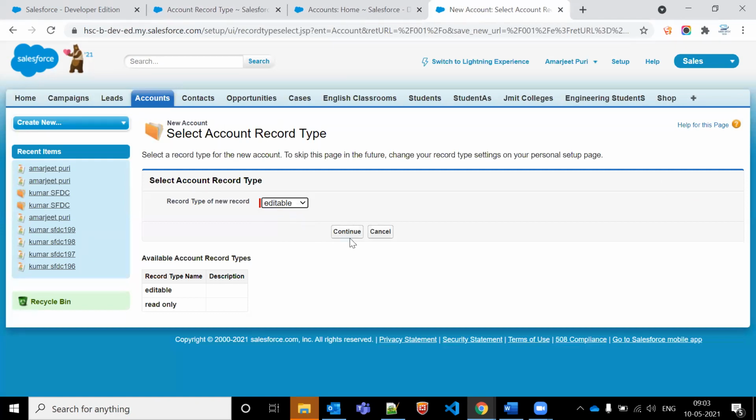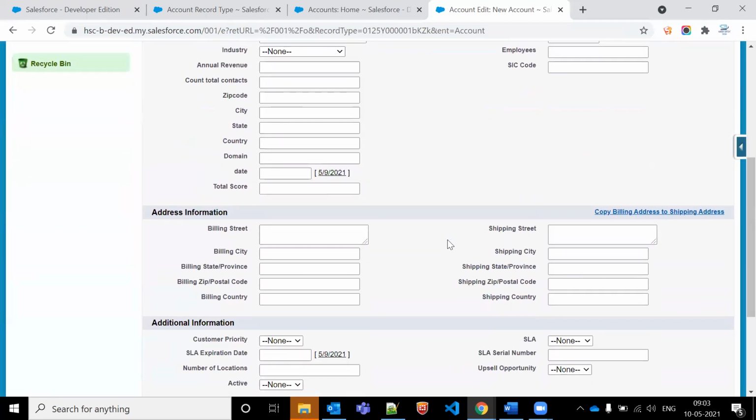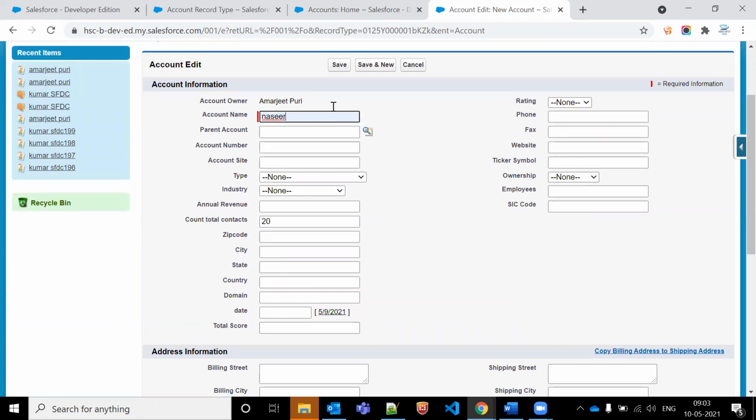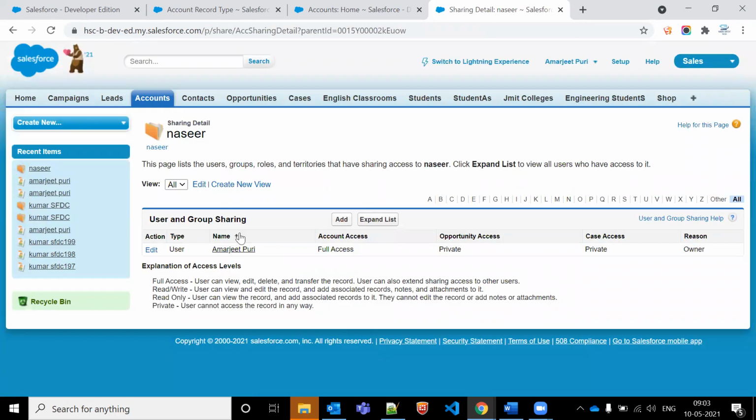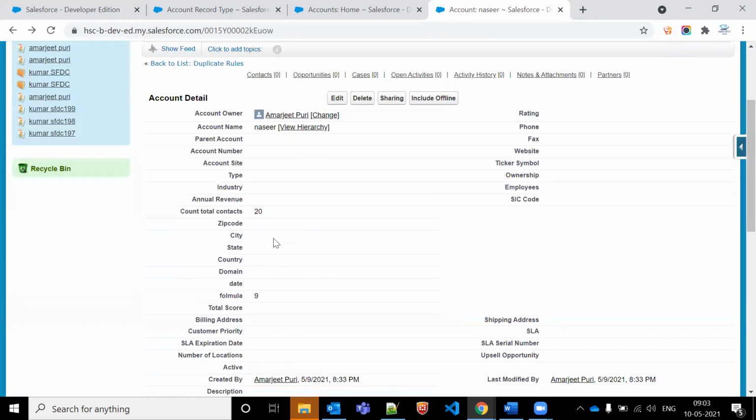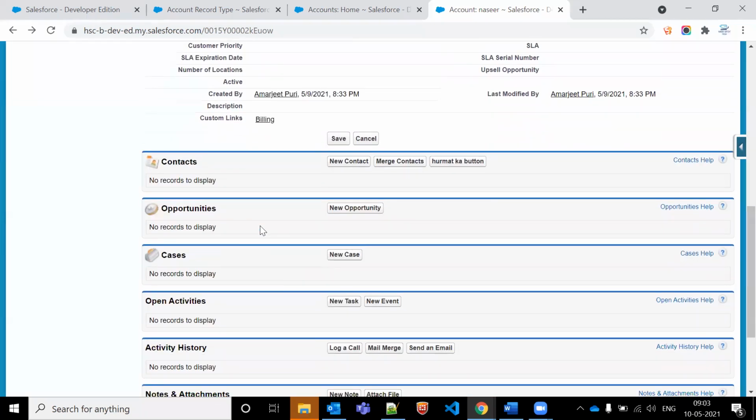So what is our requirement? Let's say in this account object I have employee, or let's say count total contacts. If I'm writing 20 here and saving this account record, what should happen? 20 contacts should be created under this account. If I'm writing 50, then 50 contacts should be created with